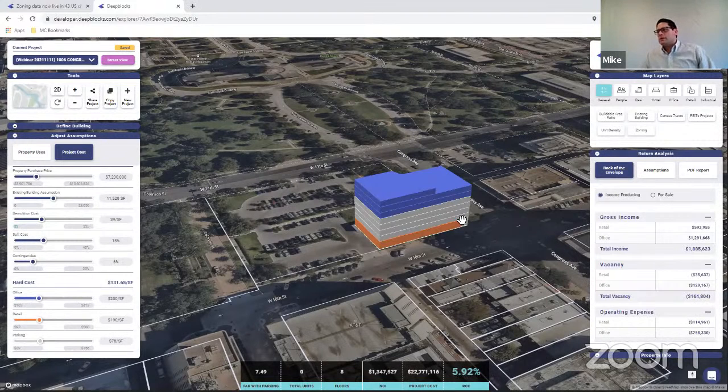So as you see, we start to enter in some different assumptions, and now we're up to 5.92%. So again, I just want to highlight these last few webinars I've been doing over the recent weeks. It's more showing the power of our site selection and then the front end interface, our market scanner, search engine, what we like to call it, where you can go into all the cities we have zoning. Right now we're at 43. We're adding another 57. So we'll be in 100 cities with zoning data where you can quickly identify and refine your search from thousands and thousands of parcels just to a handful